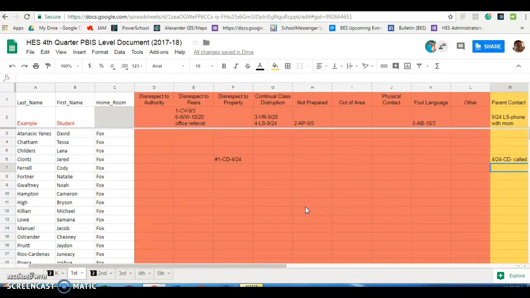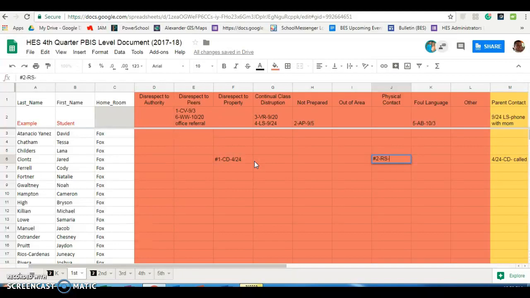Now, say 3-4 days later, he goes up to the office and Ms. Stillwell talks to him. He's having unwanted physical contact with another student. It's nothing major. Maybe they're horse playing, joking around. But he is sent to the office for that. She decides that it is a level consequence. Ms. Stillwell will see, oh, he's already gotten 1 level from Mr. Draper here. So she'll go into this document, give him his 2nd level,